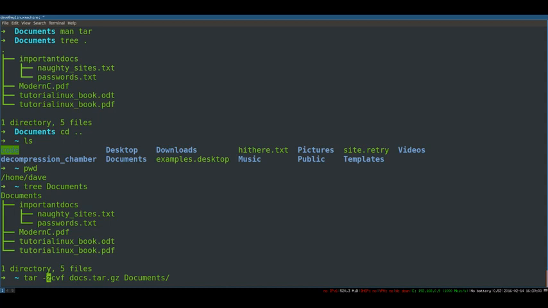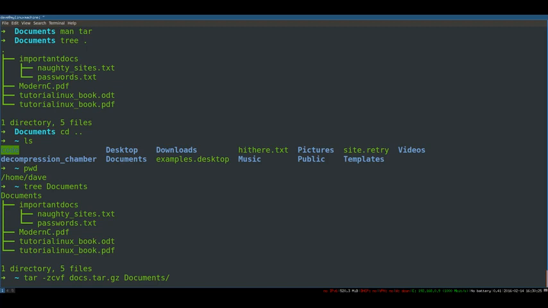So gzip is its own program, but we're going to use that to compress the archive as well, so that we're basically combining those two steps that I talked about before. We are compressing them with the Z, zipping them, gzip, and creating an archive at the same time. So creating a single file from many files and directories. So we're doing both at the same time, and that's why we say